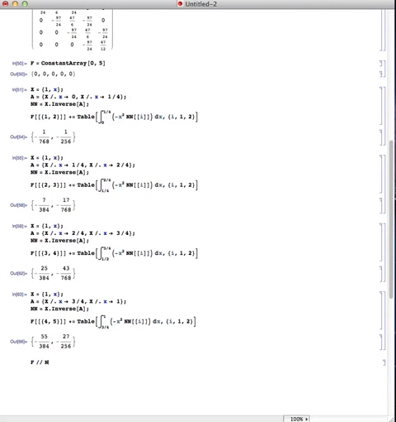So now if we look at what F looks like, we have that. Okay? Now, when we apply the boundary conditions, which we had written up on the board, u at 0 is equal to 0 and u at 1 is equal to 0. Of course, u at 0 corresponds to node 1, which means we can cross out the first column and the first row of the K matrix and the force vector. u at 1 equal to 0 corresponds to the fifth node, which means we can cancel out the last row and column